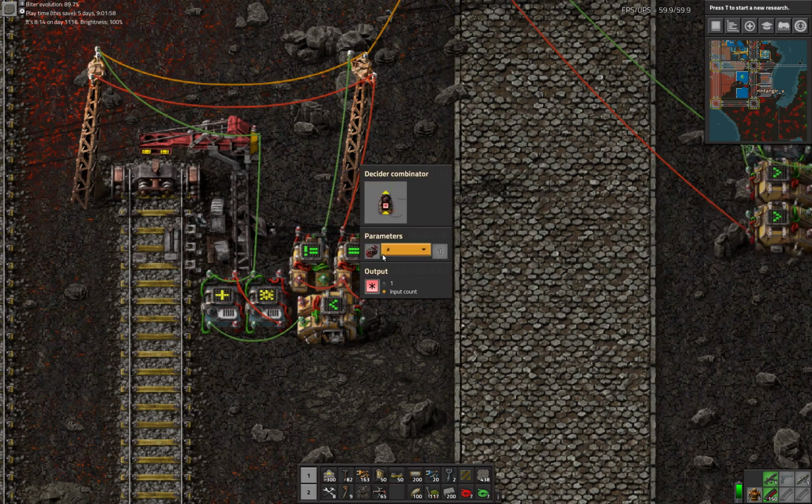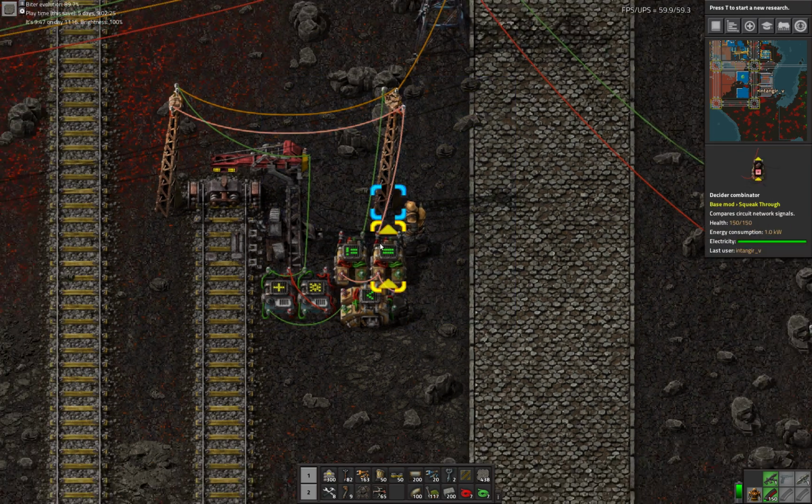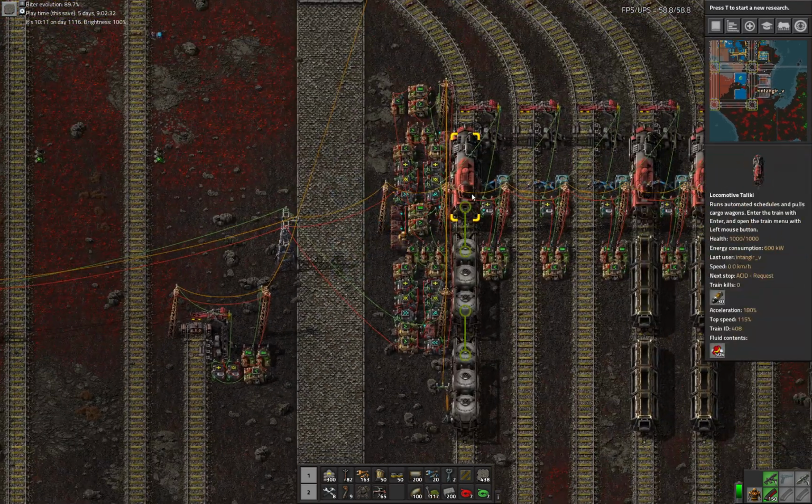But if it's not 1, that means either there is no train or the train didn't leave. There's no train signal. So I don't care about. Basically, that means the train didn't do anything with it, or it's not there. So it'll pass all of the signals that we have as, let's see, at this point, they've been turned into positive 1s, and this sends them as is, which is going to be positive 1s for the commodities and the supply or demand signals, and that'll send those as a green signal onto this pole. And the way these are chained,